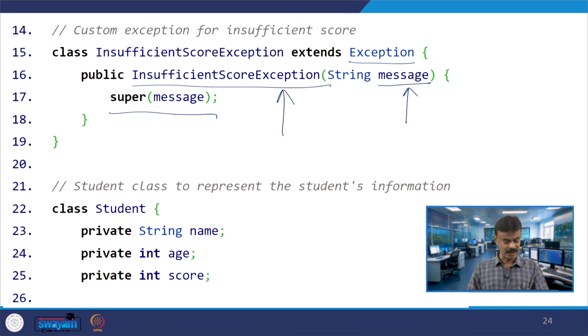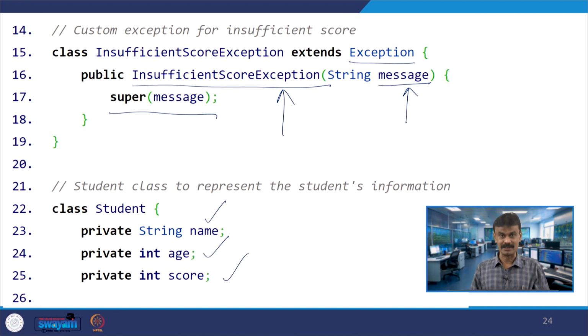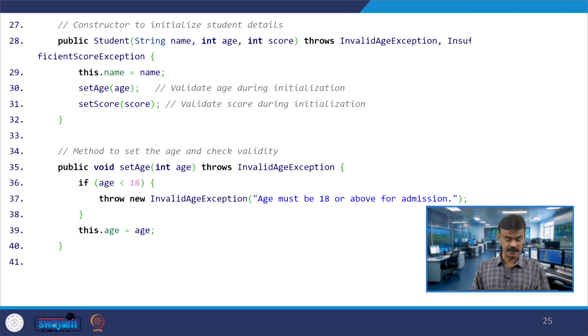Now I have a class Student. The student has name, age and score: name is a String data type, age is an integer and score is an integer. The constructor, at line number 28, takes a String name, an int age and an int score, and it throws InvalidAgeException and InsufficientScoreException, alright.